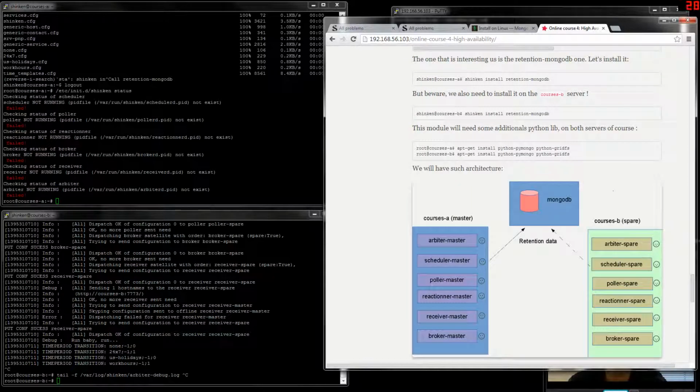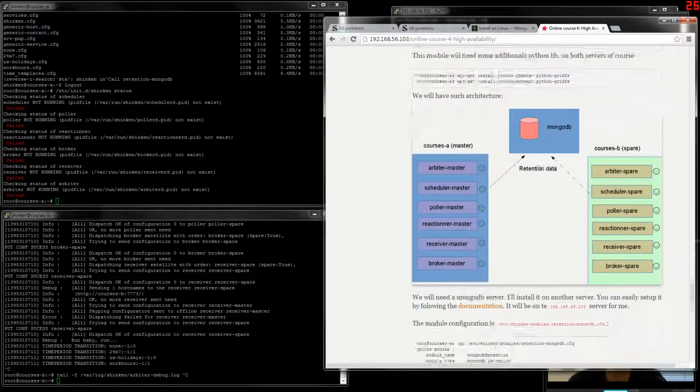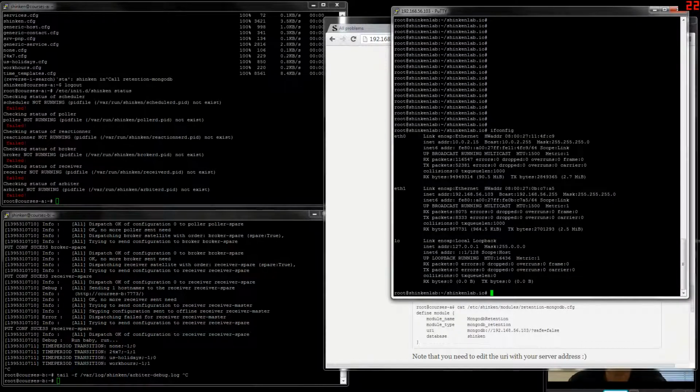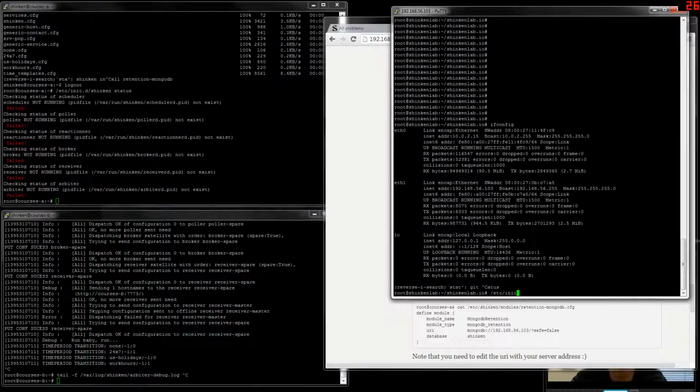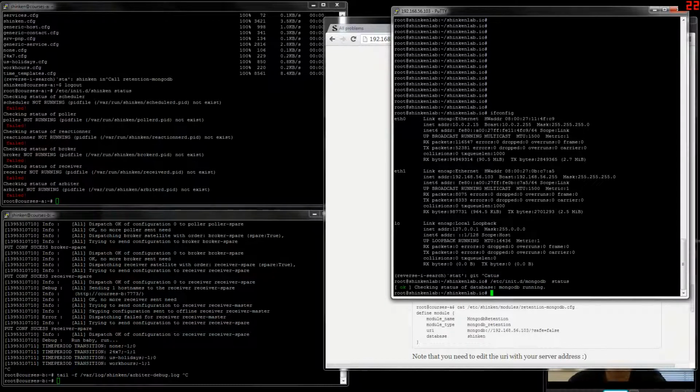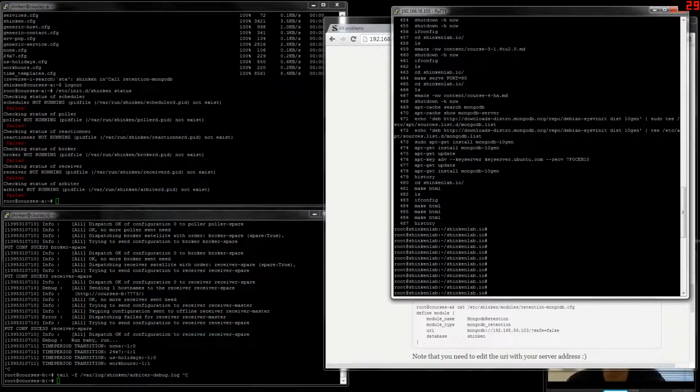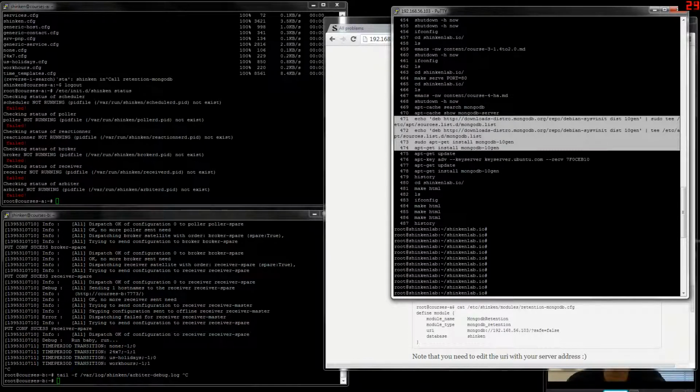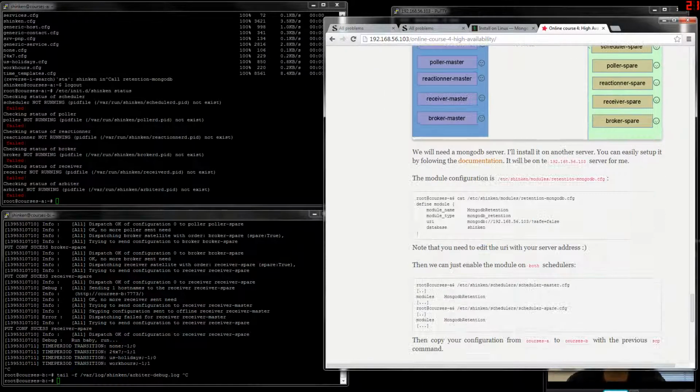So I set up a MongoDB server on this server. MongoDB status. It's okay. It's very easy to set up. Just take the MongoDB package from 10gen and install it. You have a link for the configuration.